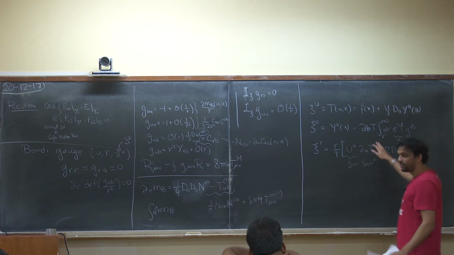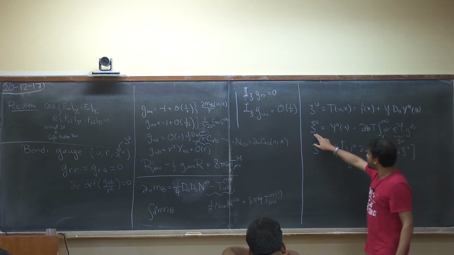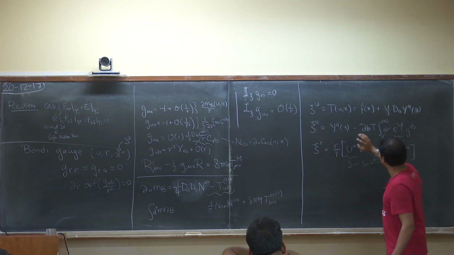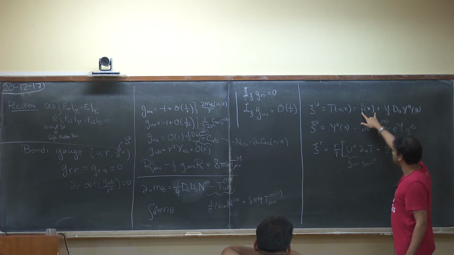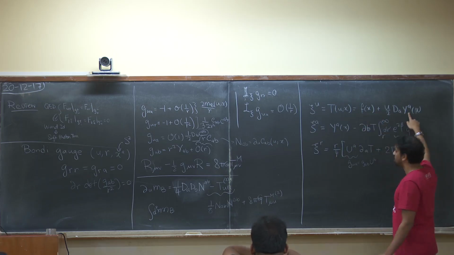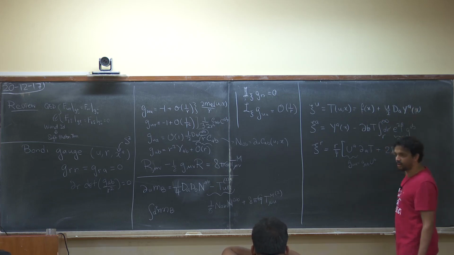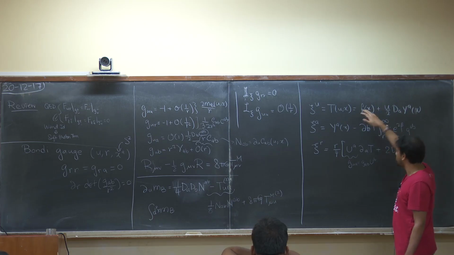Okay, so these are exact solutions, but two things to note. Firstly, they only depend on two sets of functions. It depends on one function f(x), and it depends on a vector field Y(x). So this is a vector field on the sphere, and it's a conformal Killing vector. There's another equation. So this is a CKV on the sphere, and this is just any function on the sphere. So the total thing is parameterized by a function and a vector field. This is called supertranslations, and these ones are superrotations.